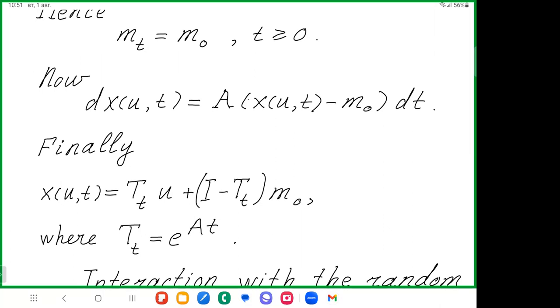In the other case, if A is simply a positive matrix, then all particles will run away from the center of the mass. From this remark, we can make the following conclusion. In the future, when we will study the limiting behavior of the solution to the equation with interaction, we maybe